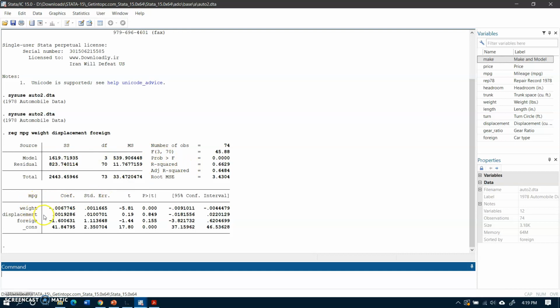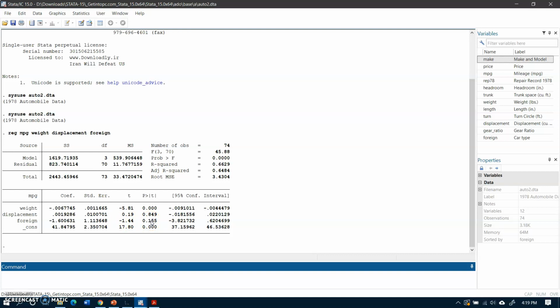Here are the coefficients. The coefficient of the weight is negative and it is significant. The coefficient of displacement is positive but it is insignificant, and the coefficient of foreign is negative and it is also insignificant.